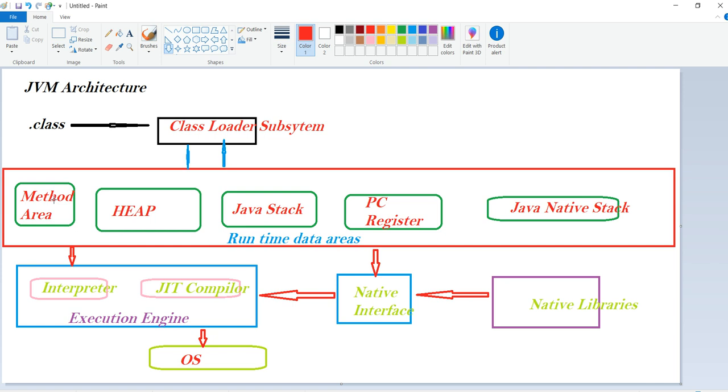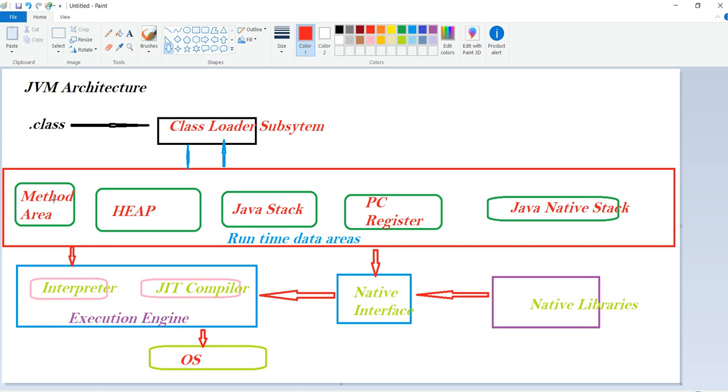The Java native stack is used for storing non-Java code during the migration of the application from non-Java code to Java code. If we are converting any non-Java code, this is helpful.